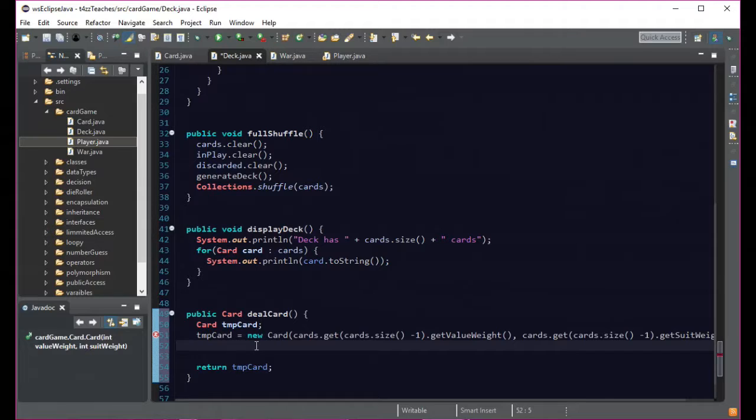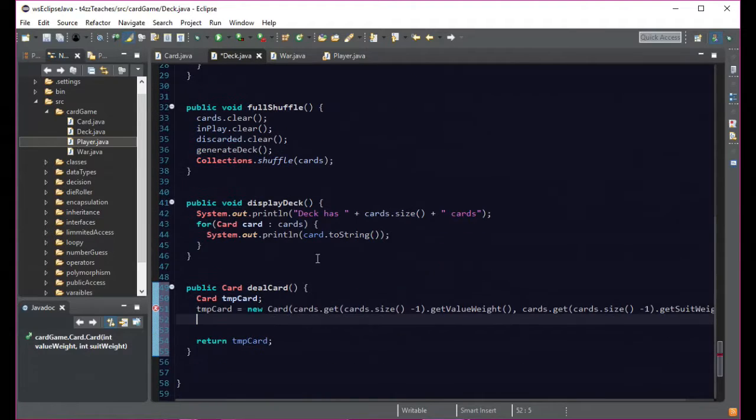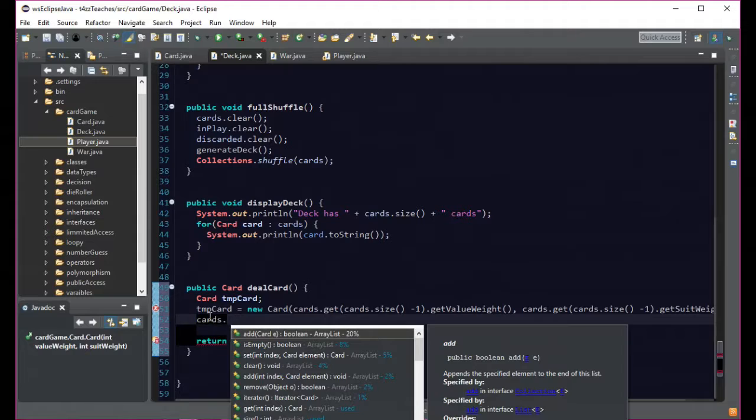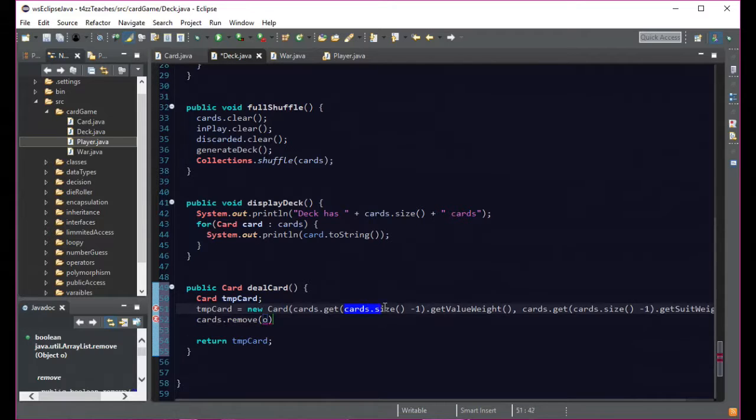So now that we've taken a card and copied it from cards, and we have assigned it to temp card, what we want to do is remove that card from our cards in play, which is our deck of cards. So now we want to do cards dot, and I believe it is remove. Let's check. Yeah, remove. And the object we want to remove will be the exact same thing as here. We want to remove the last